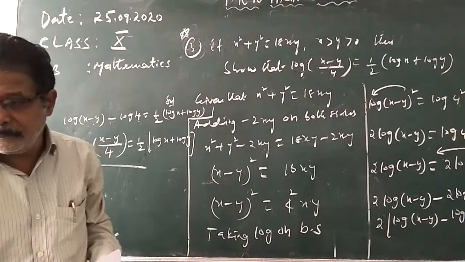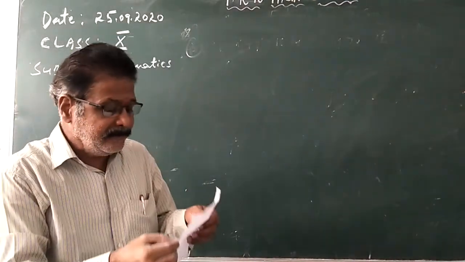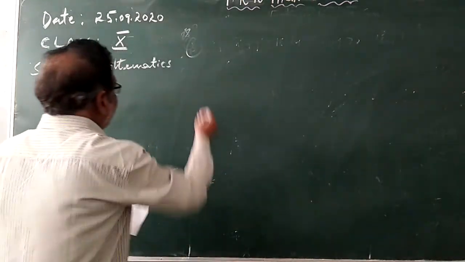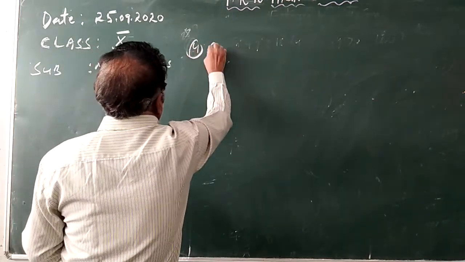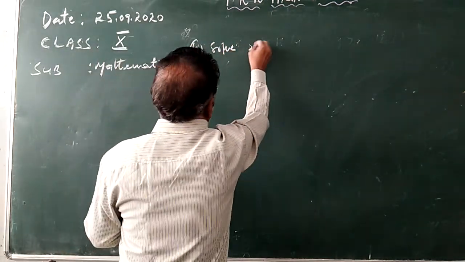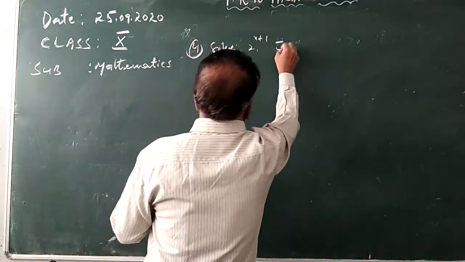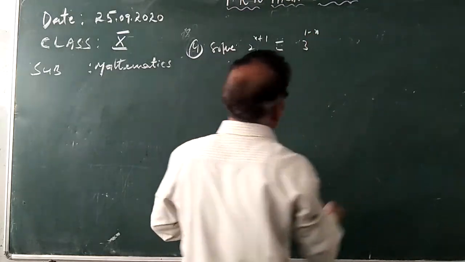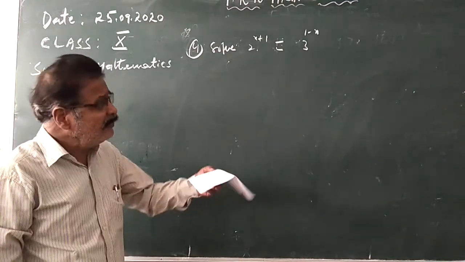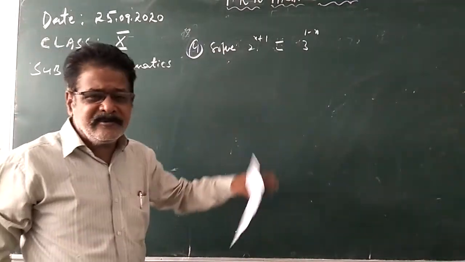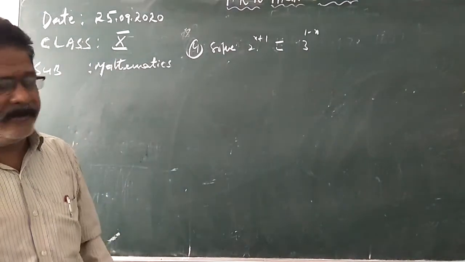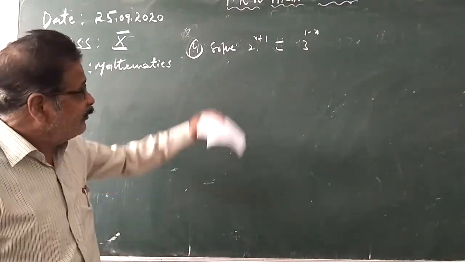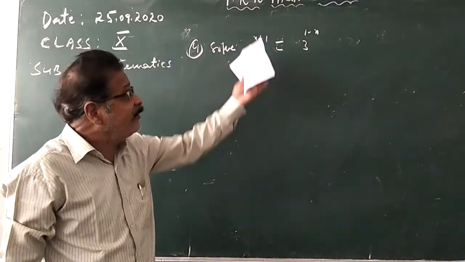And all these problems, children. So one more problem I will give you. The most important problem is the fourth problem: solve 2 to the power of x plus 1 is equal to 3 to the power of 1 minus x. Solve or find the value of x is the same. Solving means finding the value of the variable involved in the given expression. What variable is involved in this expression? x. So you have to find the x value. This can be asked in 2 ways: solve or find the value of x.